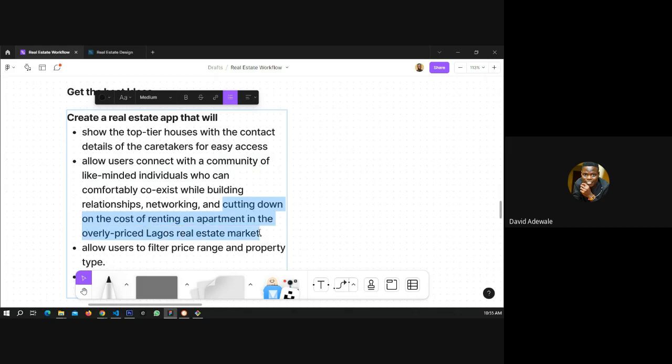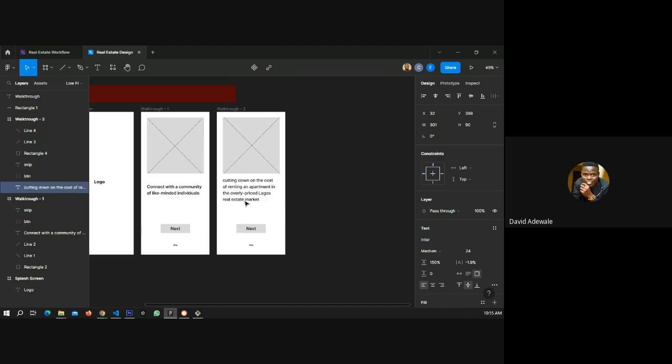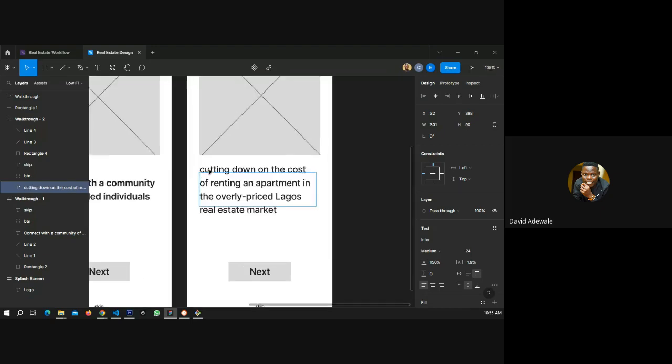I will remove Lagos there because the idea is not only for Lagos, it's for Nigeria. So let me just adjust the frame.